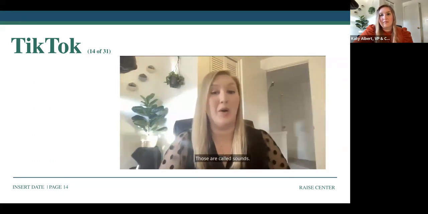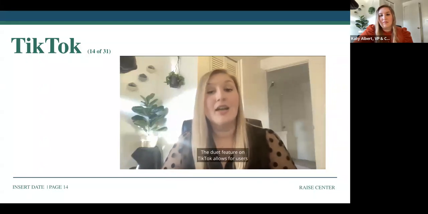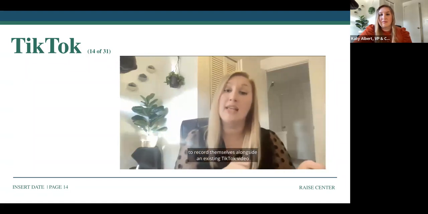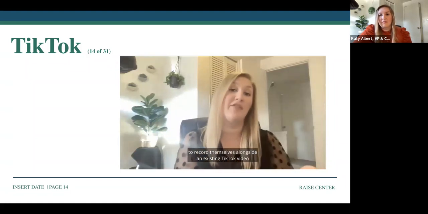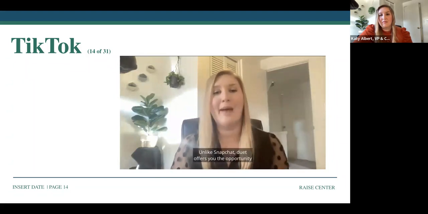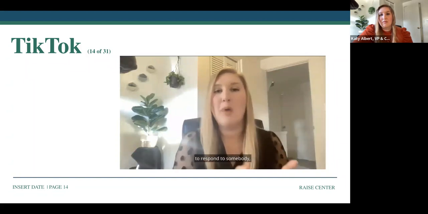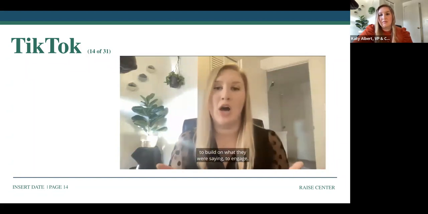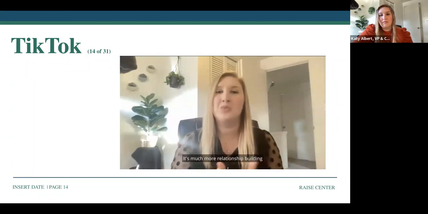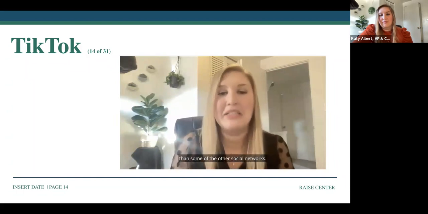Those are called sounds. The duet feature on TikTok allows users to record themselves alongside an existing TikTok video in a split screen format. So unlike Snapchat, Duet offers you the opportunity to respond to somebody, to build on what they were saying, to engage. It's much more relationship building than some of the other social networks.